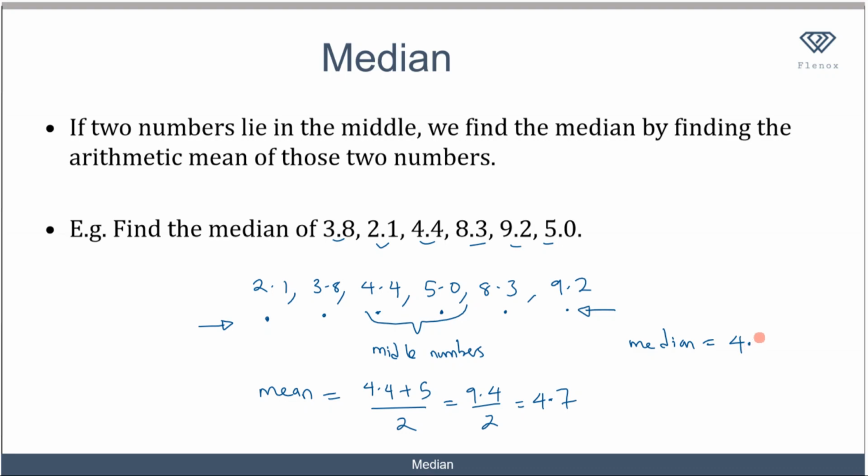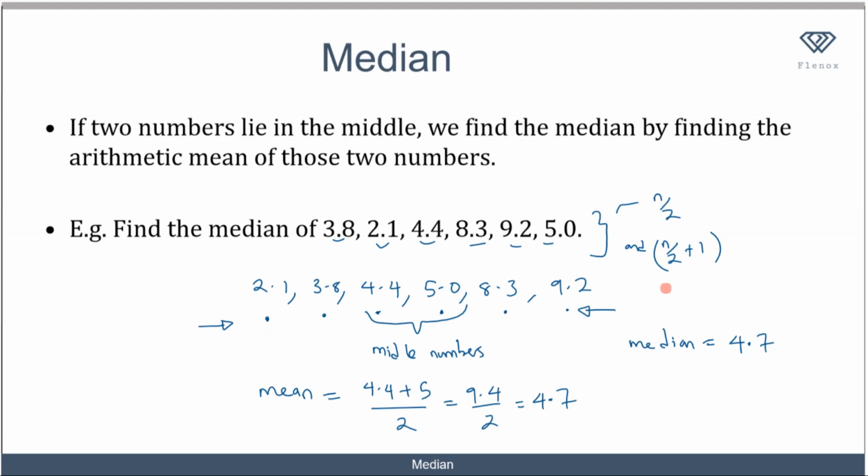So the median in this case is 4.7. To recap, when the total number that you have is even, like in this case where we had 6 numbers, you end up with two middle numbers. To calculate the median, you just find the arithmetic mean of those two middle numbers. And to calculate the position of those numbers, since we know you are going to have two numbers, they are going to be the n over 2 number and the n over 2 plus 1 number. So those represent the two middle numbers, n over 2 and n over 2 plus 1.